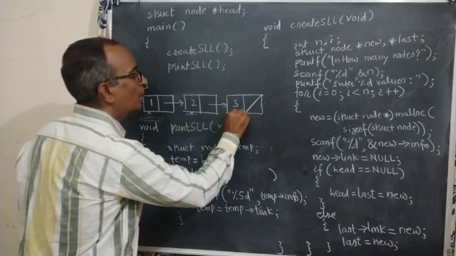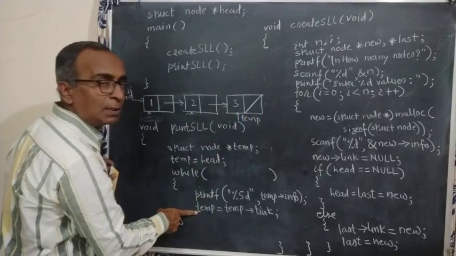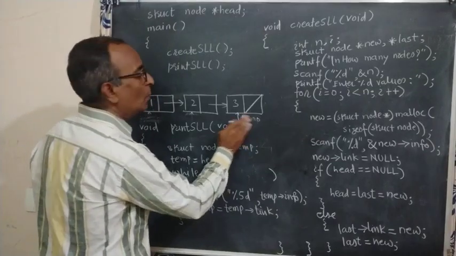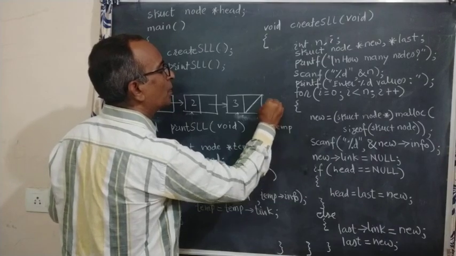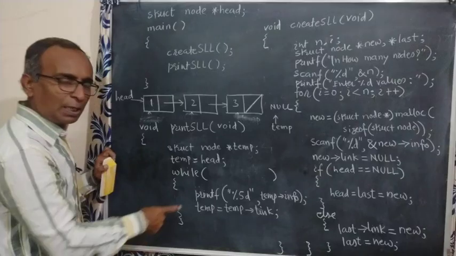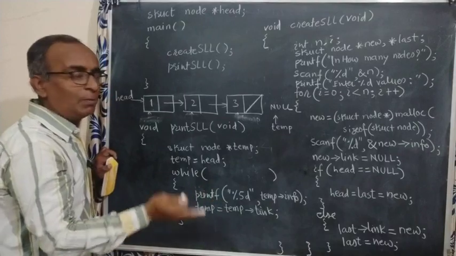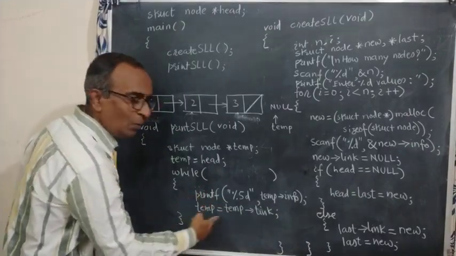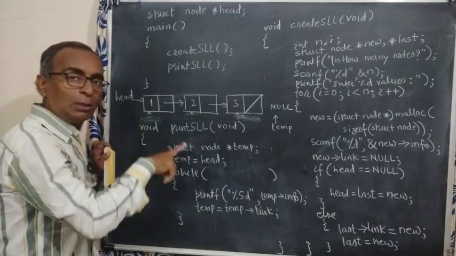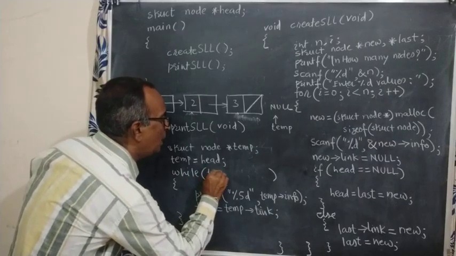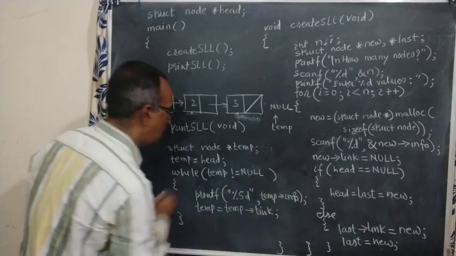Temp is moved. Now temp is pointing to some node, and that information field is printed. This is moved. When you move temp now, what will happen? Temp is given temp's link, which means temp will now be null. Can you print the value of a node where temp is not pointing anywhere? No. That means we should stop here. So while printing and moving, the condition is when temp is not equal to null, when temp is pointing to something.